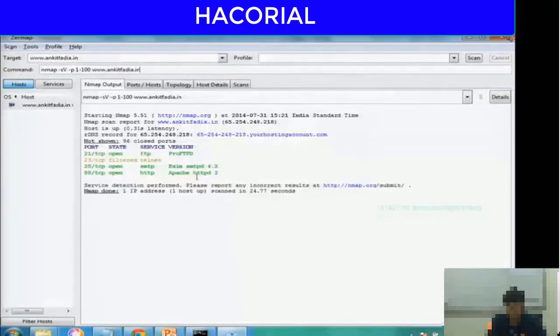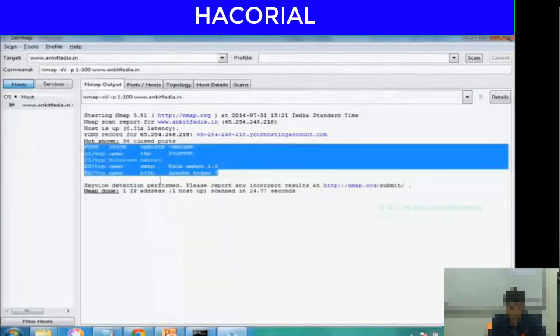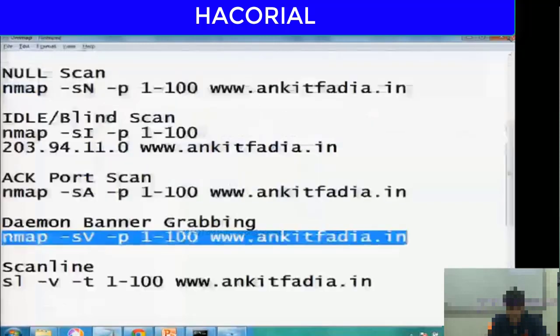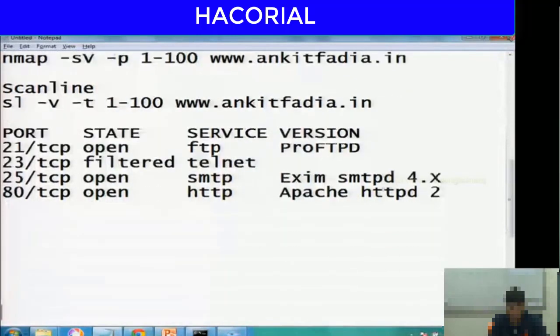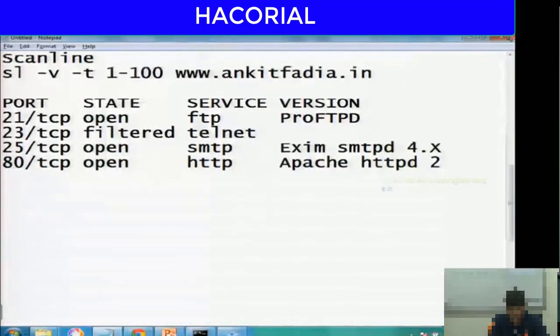So if all of you look at the screen, we have some kind of output that has been displayed. Let me copy paste that into a notepad file so that we can discuss the output. So if you look at the screen, we have managed to perform daemon banner grabbing